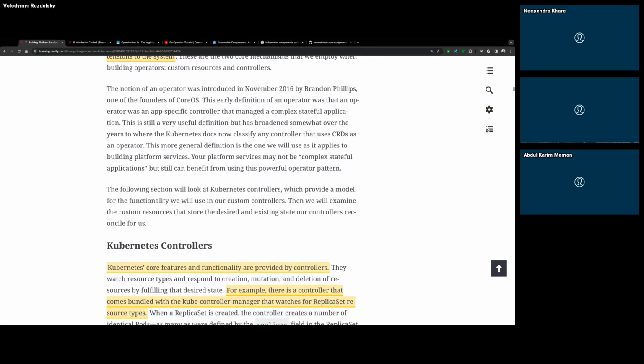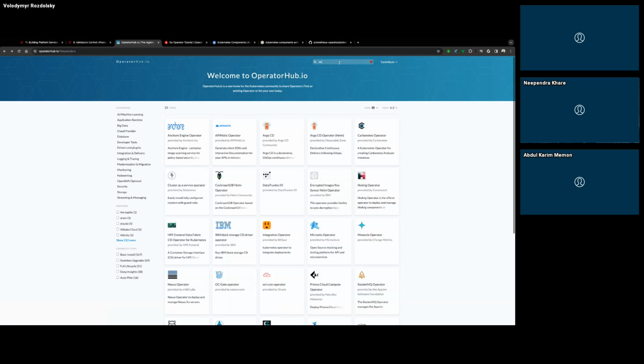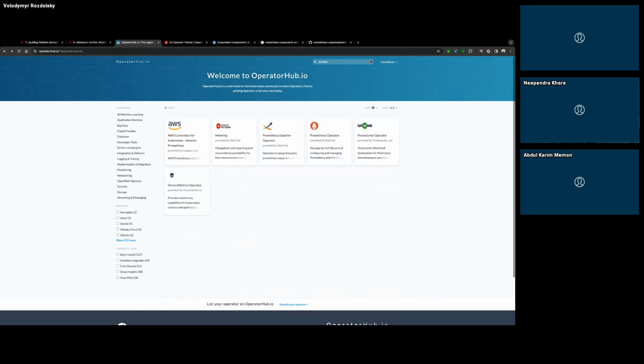Has anybody used any operators earlier? So yeah, like I was discussing with Lodimir, Prometheus is one common operator that almost every cluster has installed. Earlier, there were Helm charts and manifests that we had to configure and make do with. But with the Prometheus operator, things have become pretty straightforward to get installed in your cluster. I've also used operators for other stateful databases. Yeah, go on.